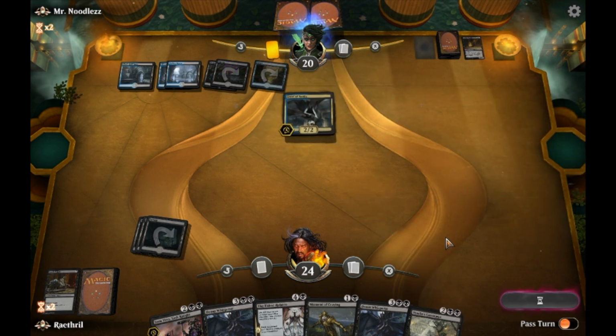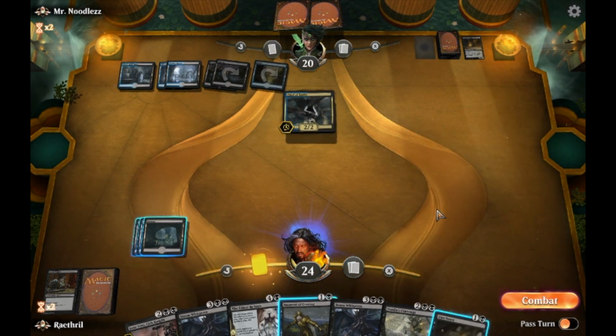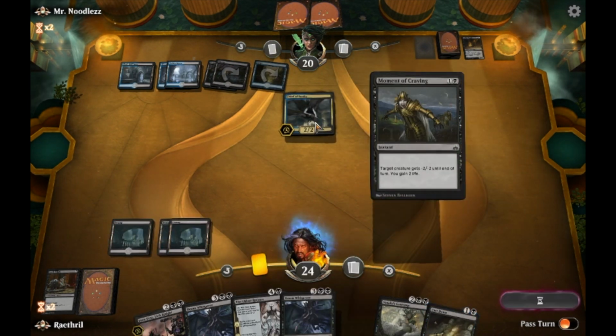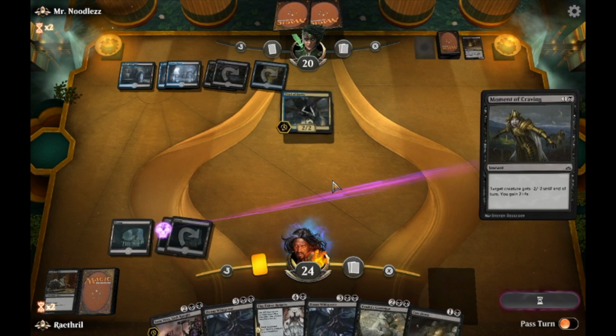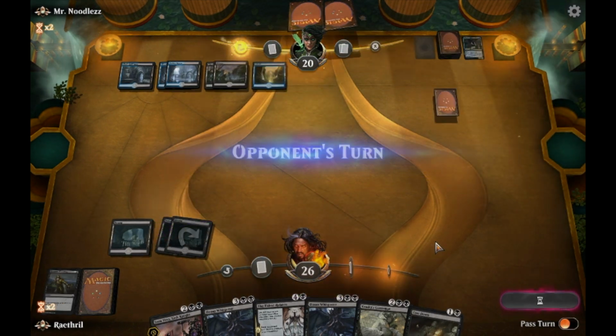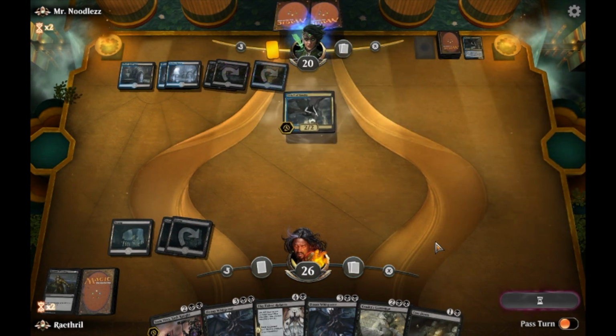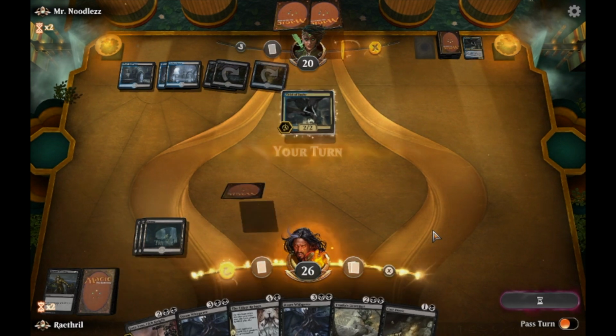Thief of Sanity is fine. We have a Moment of Craving for that. And we have a Cast Down. And again, we are just not drawing lands. And so I would rather use the Moment of Craving on that than the Cast Down, because they might have something larger that I can't Moment of Craving later on. Another Thief of Sanity. And we're just going to remove...